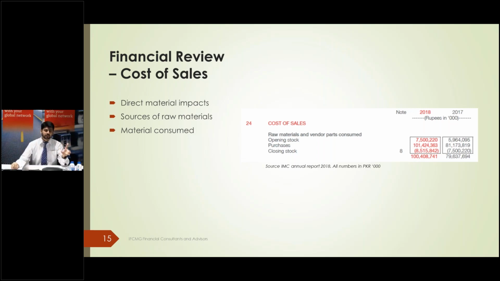The plant is located at Port Qasim in Karachi, whereas Honda's plant is located in Lahore. Now, from a cost of sales perspective, both companies are similar in the nature that they import their components from abroad, but logistically, Indus Motor Company is better off because it's located right at the ports. So transportation costs from the port to its warehouse will be very minimal as compared to transportation costs incurred by Honda. So Honda's cost would be much higher because its plant is located somewhere near the central region of Pakistan.